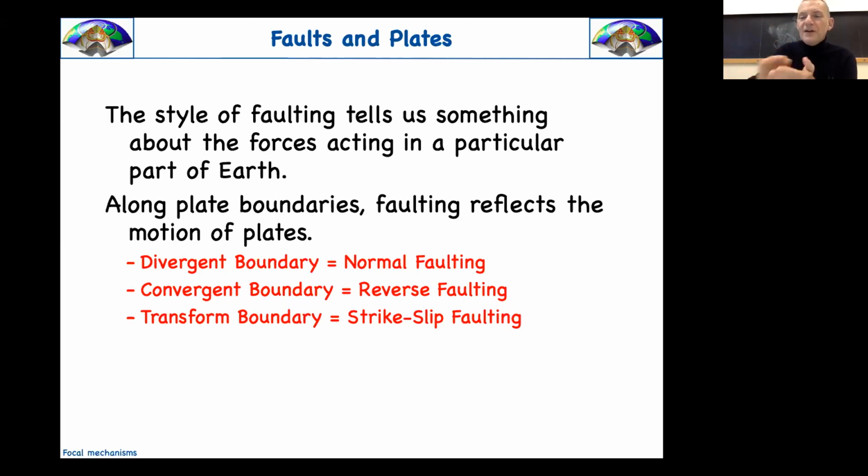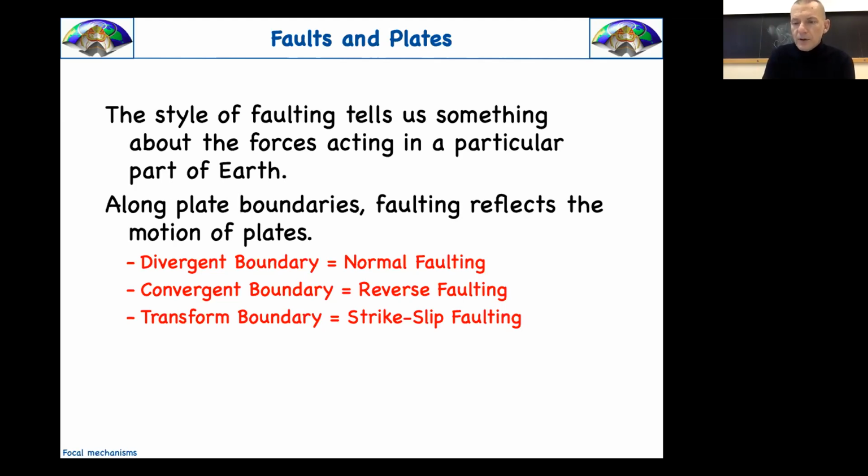So we have frictional sliding over an existing fault, and maybe a long time ago, the stresses were different. But the focal mechanism that we're getting as a snapshot is telling us the actual prevailing stress directions. And now what are we going to expect? Well, if we are at a divergent boundary, we expect normal, convergent reverse, and transform strike